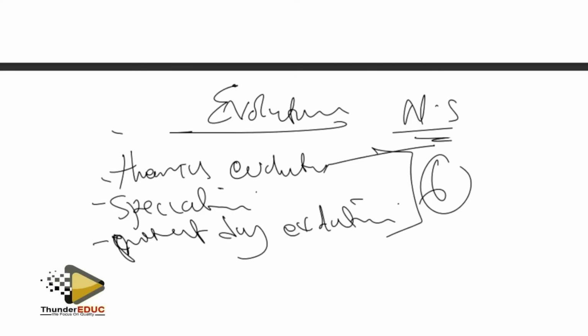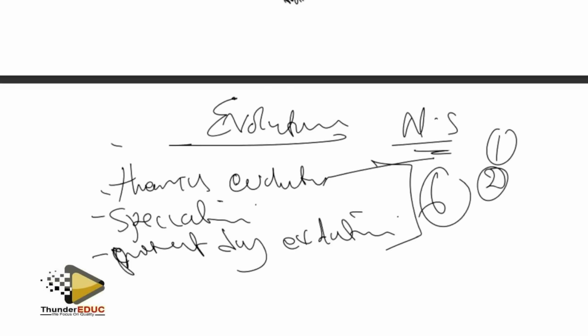So Lamarck has 2 laws. Number 1, law of use and disuse of a structure. Number 2, law of inheritance of acquired characteristics. Why is Lamarck's theory not accepted scientifically by scientists in the world? Number 1, there is not enough evidence to support his theory. Number 2, organisms don't change because they want to change. For him, if you want to be tall, you just become tall. If you want to be short, you just become short. No, organisms don't change because they want to change. Number 3,